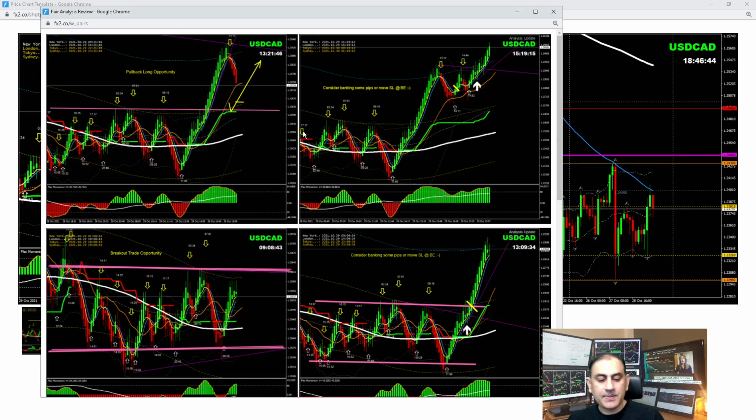As you can see here, based on another analysis, we have this breakout, bank beautiful pips, look for another pullback. You can see here, I explained to my trader if the price is going to respect this orange line, which we explained through live audio commentary. Every pullback, most of the high probability ones, we announced through live audio commentary. We had a beautiful pullback and banked beautiful pips on dollar CAD as soon as the price hit the 100 EMA and the resistance level.